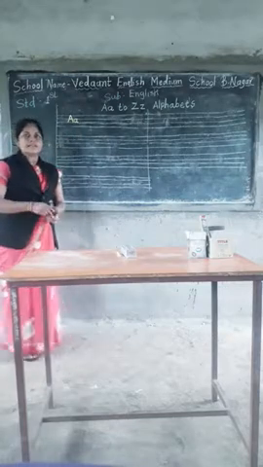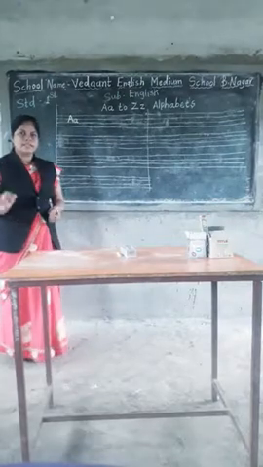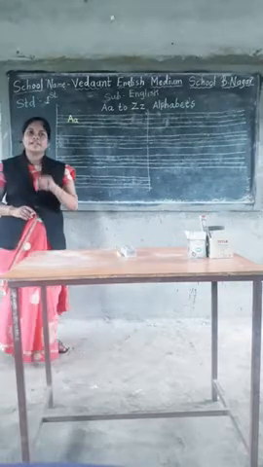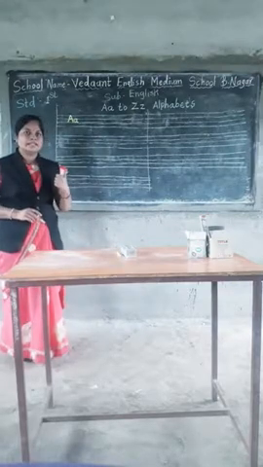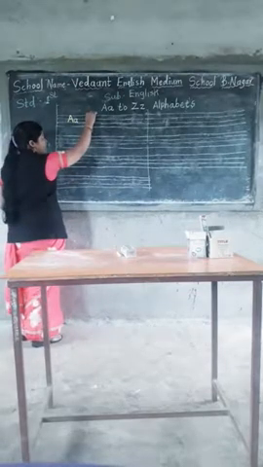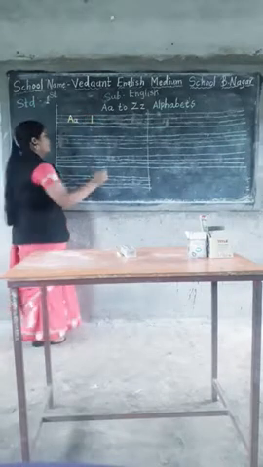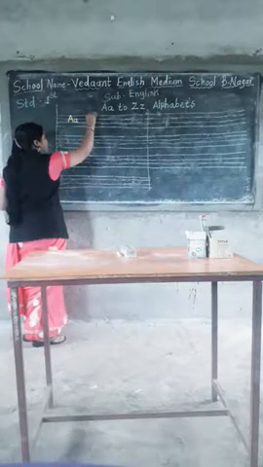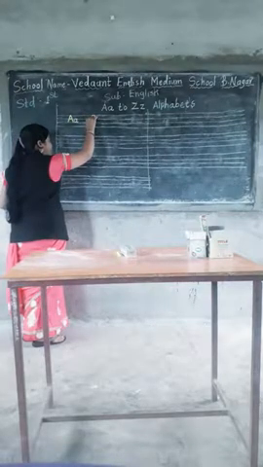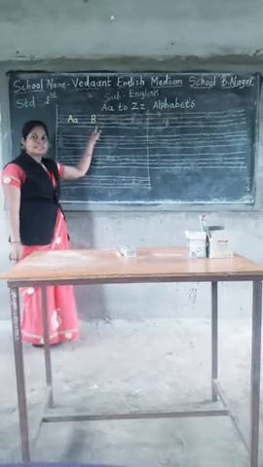After that, what is the letter after A? It is B. So how to write B in the proper manner? Let's see. Draw the standing line in this way. After that we will write the D curve, and in this way you write a B. Which letter is this? B.